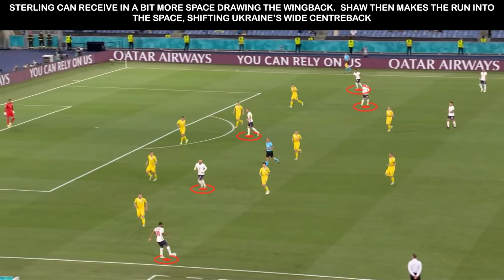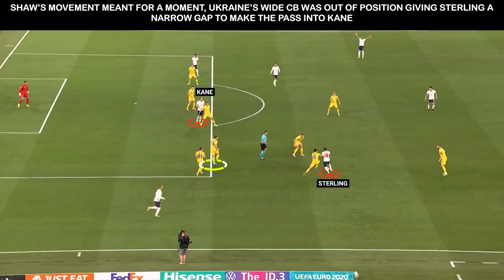And we see England forming a front 5 against the back 5. Sterling draws the wingback and Shaw makes a run into the space, and this draws Ukraine's centre-back across, and Sterling is able to beat his man. Shaw's run had created a gap in the defence through which Sterling is able to feed a pass to Kane